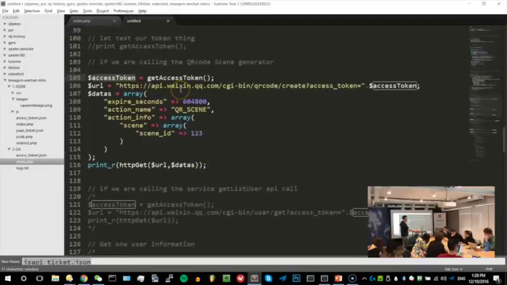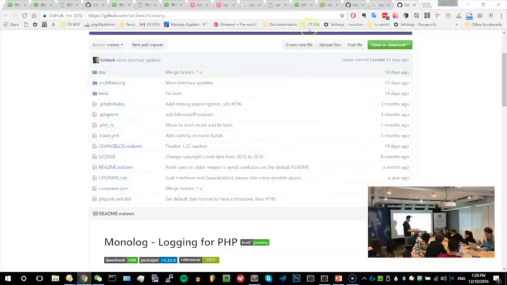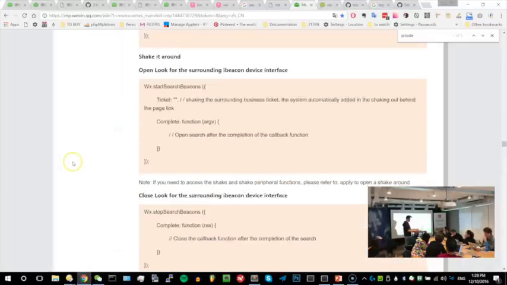Access token, we just get the access token. You know, like that's the functions we had before. After, we're gonna call this URL. So you're gonna tell me, but how can you actually find this URL? So once more, everything is described in the documentation. That is very well done.